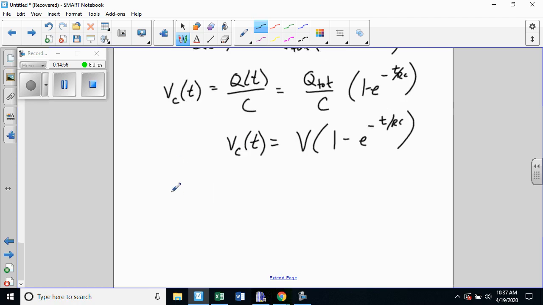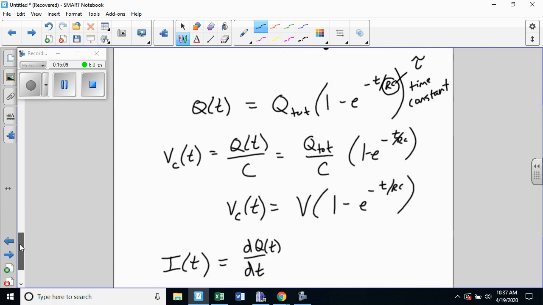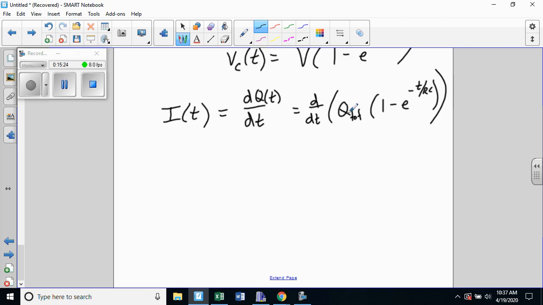How about, for example, the current as a function of time? Well, current, as we've said before, is just dq/dt. So if I take the time-dependent charge and do the first derivative with respect to time, let's go ahead and do that. The derivative with respect to time of Q total times 1 minus e to the minus t over RC. Let's take one derivative. When you take the derivative of 1, you get 0,